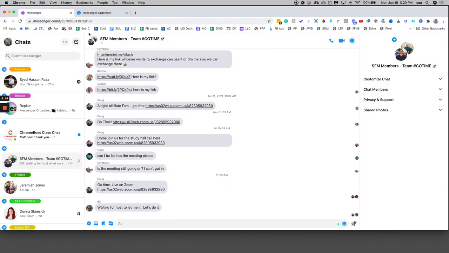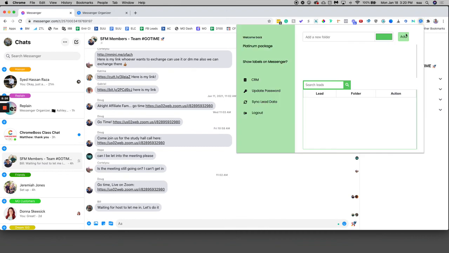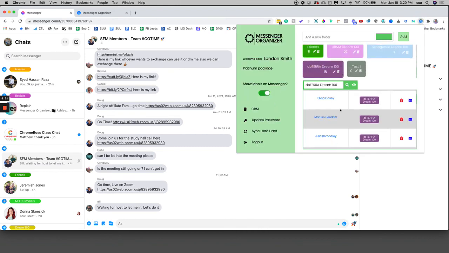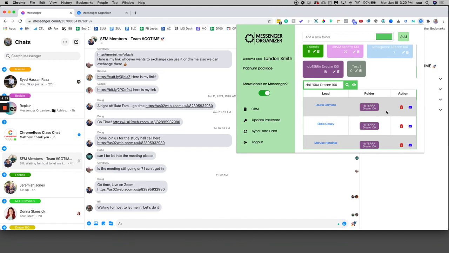Just a reminder that you do need to be in Messenger.com to utilize the software. That's the way it's set up now with the way that Facebook has coded Messenger and Facebook, so we need to make sure we're in Messenger.com to make that work. You click on the icon, you log in, you can manage your folders here, you can delete conversations from folders, you can go into that specific conversation by clicking the envelope, you can go to your CRM, you can update your password,